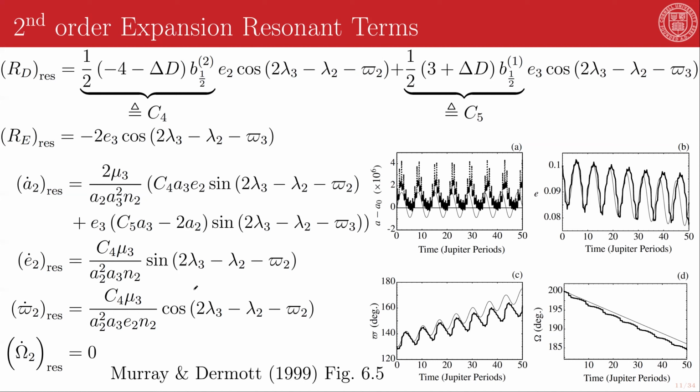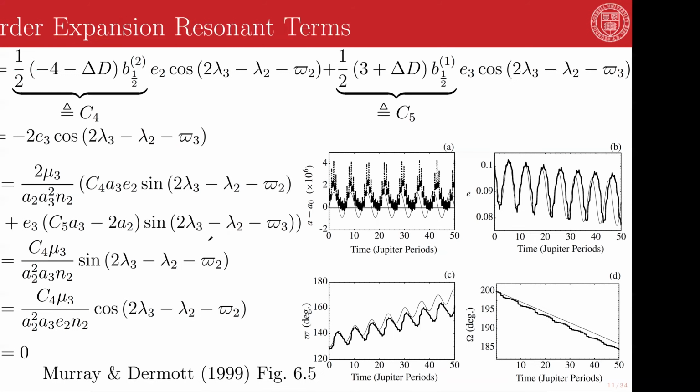Making all those assumptions and carrying out these integrations, we find that we get very similar forms for the solutions of each of these three expressions. And so just as an example, we can take a look at any one of them. We will look at the eccentricity expression. We carry out the integral of e2 dot, making all the assumptions we just listed, and we get something that looks like